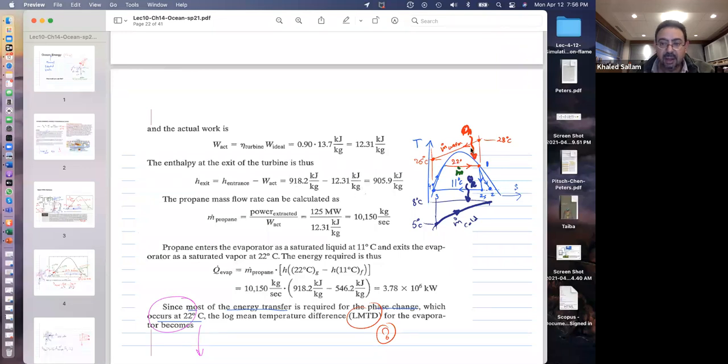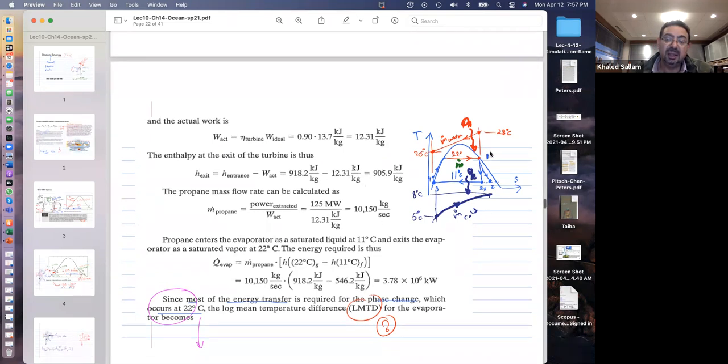Good. So now let's calculate this m dot motor. How do we do this? We need to know the Q evaporator, the Q evaporator or boiler, and say it's going to be m dot Cp delta T. So he's calculating that Q evaporator, right? And he's saying it's the H over here, the 918 over here, minus this H. Okay, and so this H is not exactly that H, but it's pretty close. Because the pump work is very little. So H4 and H3 is very close, and